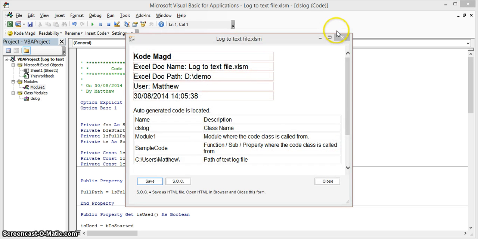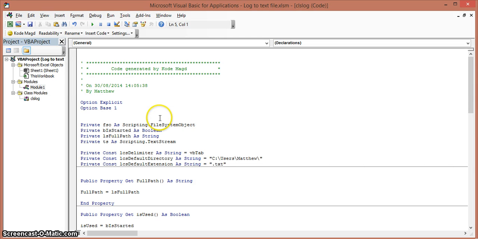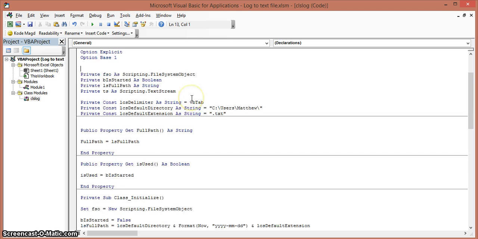And here is an HTML file which shows what we've added. So it'll be a class that logs stuff to a text file at that location with these two parameters, Fred and Bob. So this is the class that you can see,